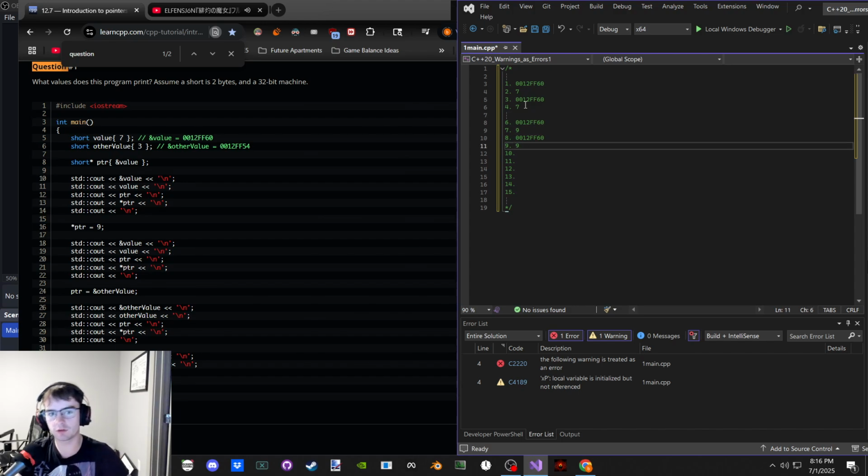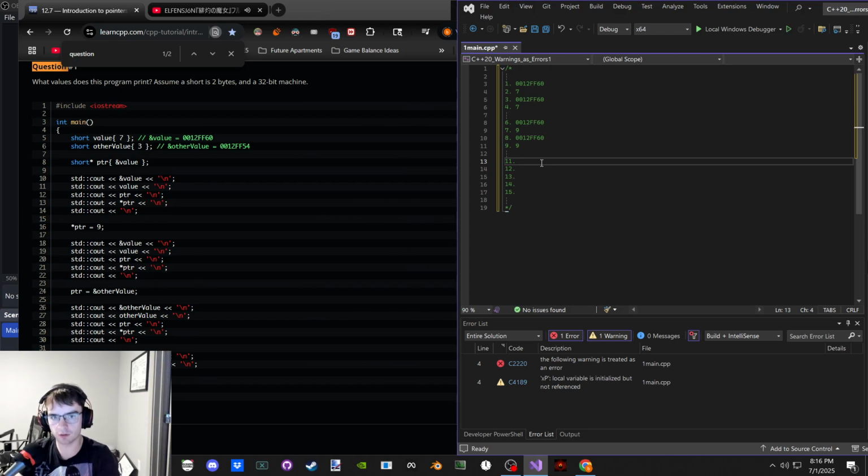And then we've dereferenced the pointer. So in this case, the locations are the same. The address of value and pointer are the same. The only thing that's changed is the value at value, or stored by value. But now pointer is pointing to other value.